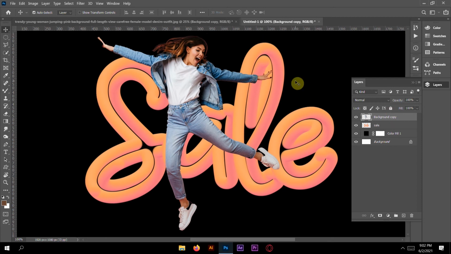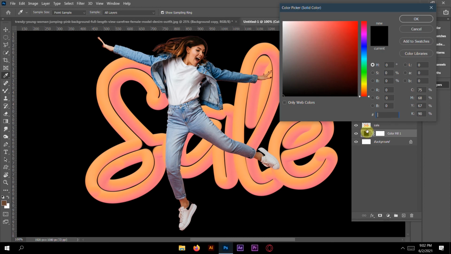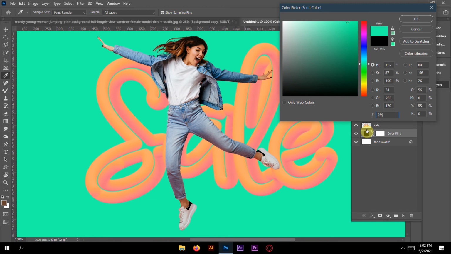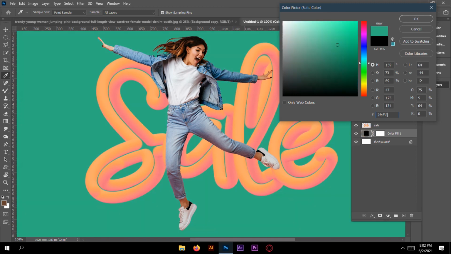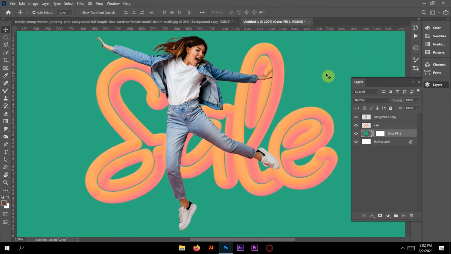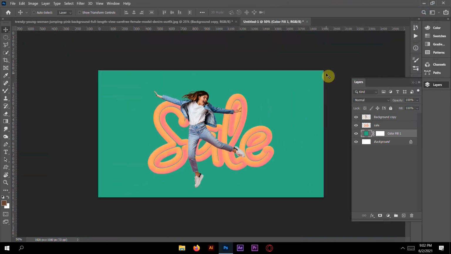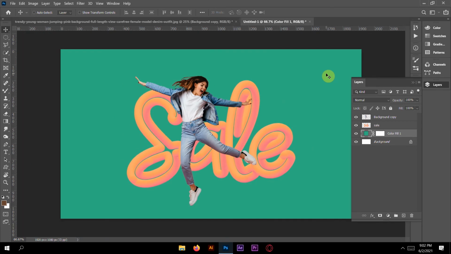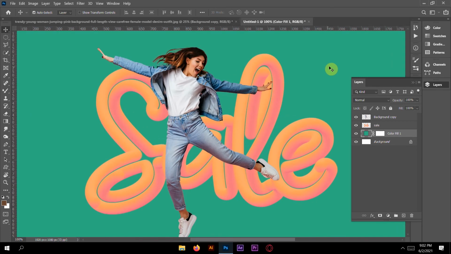Now change the solid color. I will use 2FAF83, and this is a nice color of green. You can choose any soft color if you want.